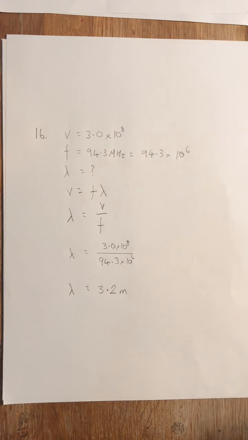So again, the question doesn't tell us what the speed is, but we know that because it's a radio signal, don't get the radio signals confused with the sound that comes out of radios that we listen to. Radio signals are electromagnetic radiation. They're used to transmit not just radio signals, but satellite TV, wireless internet, communications to and from satellites, all make use of radio waves, and radio waves are part of the electromagnetic spectrum, travelling at 3 times 10 to the